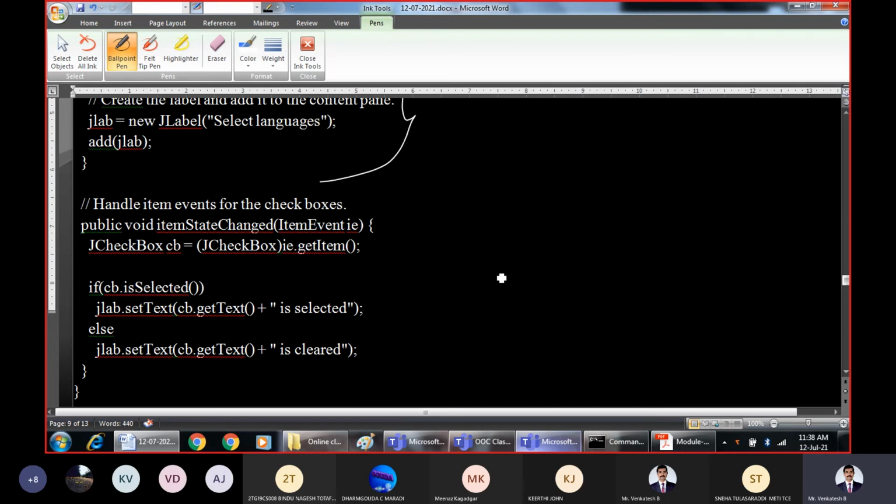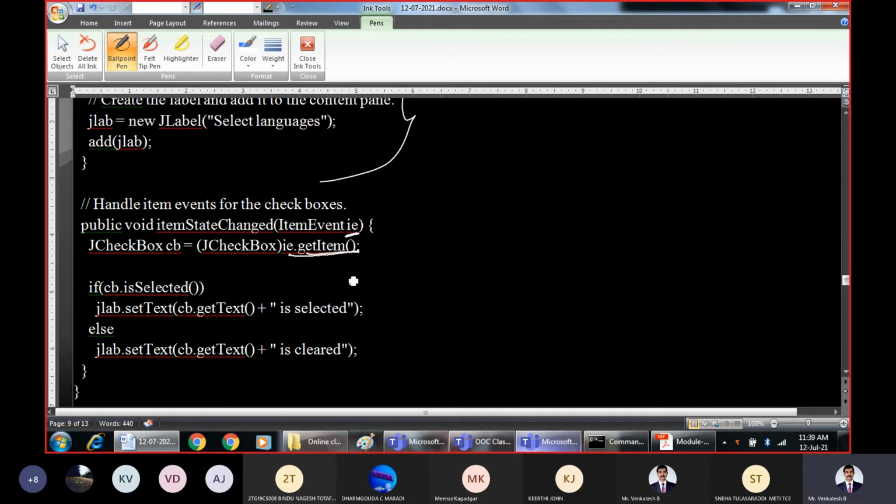Now, whichever checkbox you select during the execution, its state will get changed. That is for that corresponding event, whichever you have selected. That means if you have clicked onto the checkbox C, then the item event related with the C will be present within the item event object.